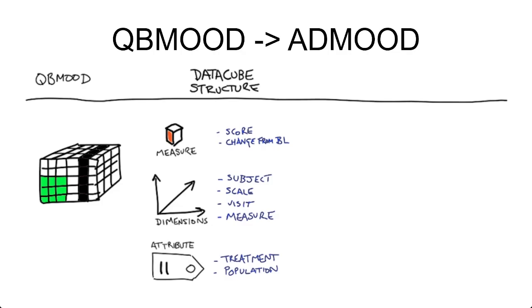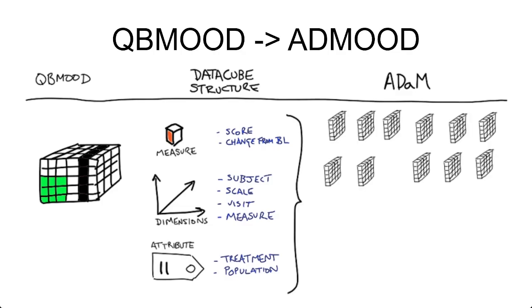I guess one is how we're going to go about doing this, which is effectively by ripping the cube apart and putting it together in a tabular form. And the second one is how do we map? Where do we put the information that gives us the mapping from the cube to the ADaM dataset? So on the first point, how we unwind this is effectively think about this as a big